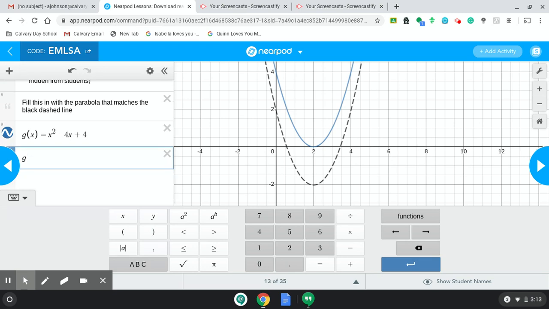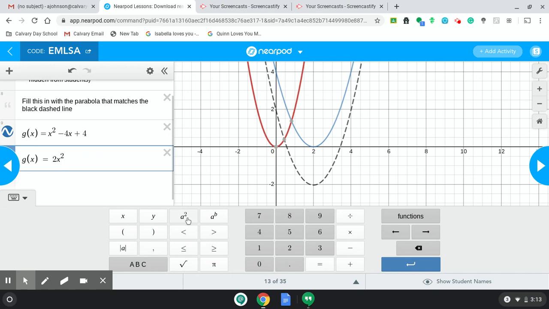Do the next one. x, I'm going to square it, plus 5x minus 4. So it's just a cool little tool that can show you what these look like,